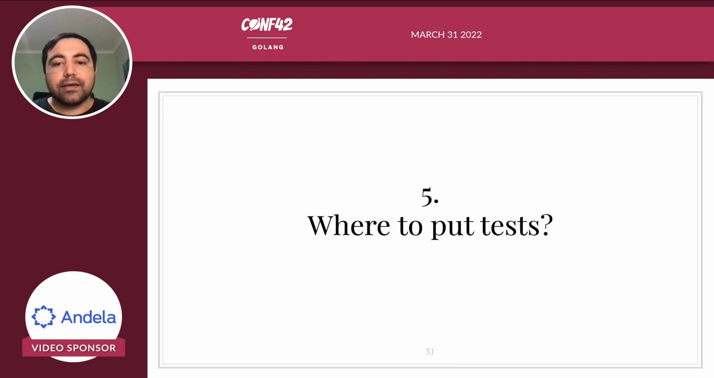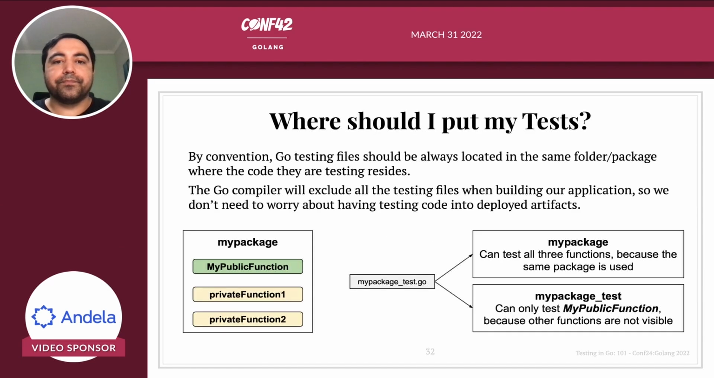But there is another thing that is very useful for us, and it's very important to always have in mind: where to put the test, where we should create the test. So where should we put our test? There is a convention